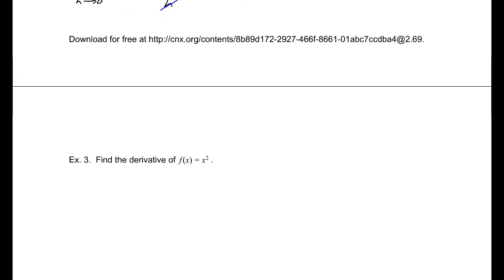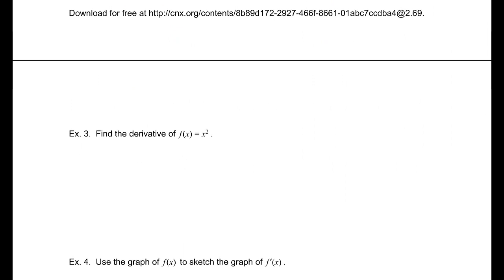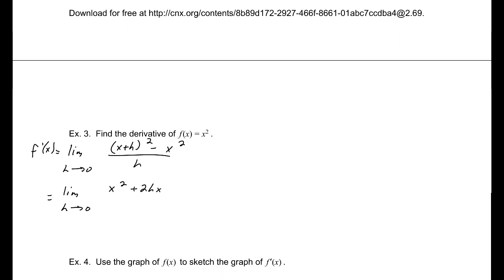The derivative of x squared. This is going to be very similar to that last one. Let's throw in our limit. All right, that is f of x plus h. So this will be (x plus h) squared minus f of x over h. All right. Multiplying that out, we get an x squared, which will cancel out, plus 2hx plus h squared minus x squared over h. Well, if we cancel out our x squared terms and divide out the h,